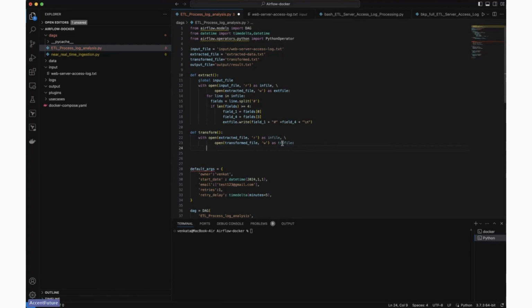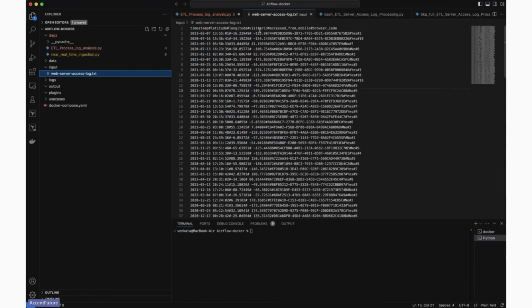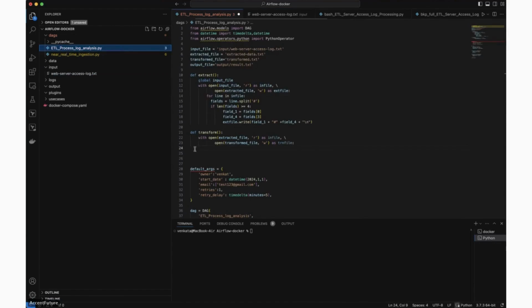So, what is our requirement? Now we got two fields, right? So here we discussed, we got two fields. In the two fields, we want to capitalize. What do we want to capitalize? We want to capitalize the field which we have in the visitor ID. So now here in the transformer one,